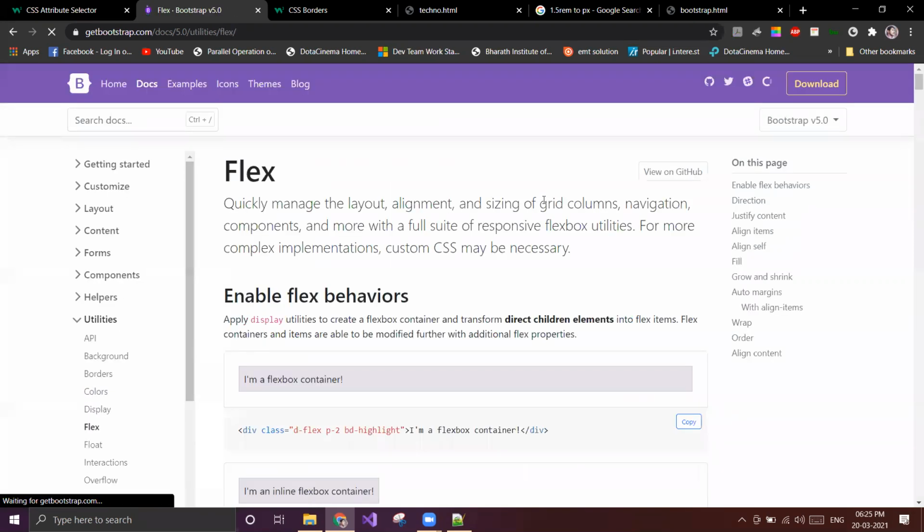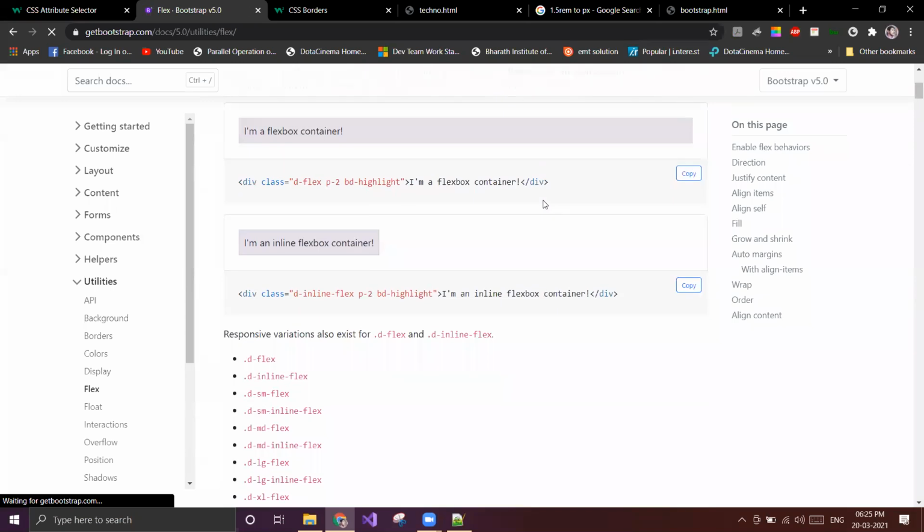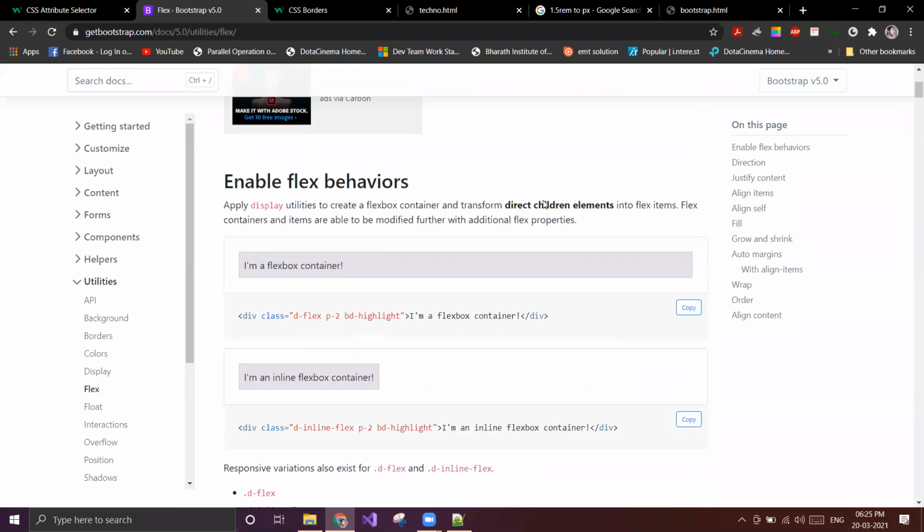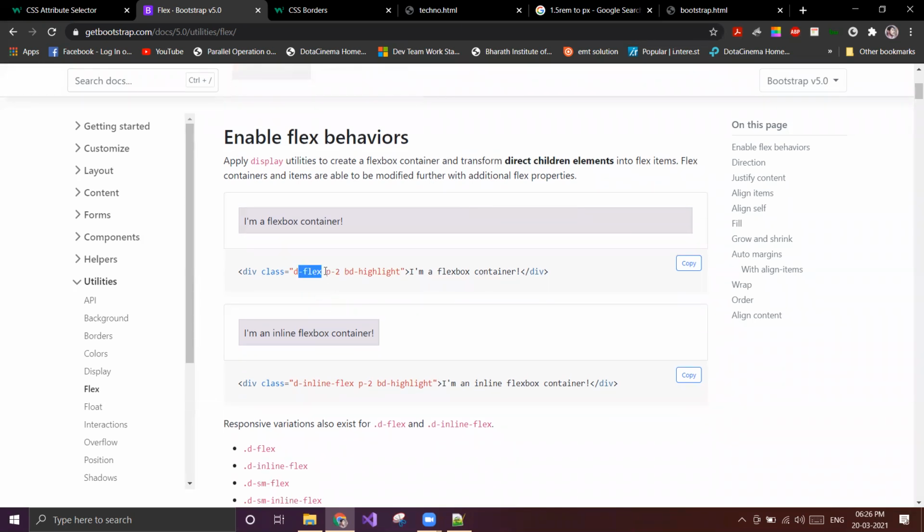Then the flex. I think I showed you this flex one day, but how to use it in Bootstrap? We know display flex and justify content center and align items, align content, but how to use it in Bootstrap? So what we do, we apply the display flex to the parent, and to the child we don't do anything, isn't it? To the parent we apply display flex, align items center, justify content, everything to the parent. Only one or two things we do to the child, but normally we don't do anything. So to the parent, I'll use d-flex, and all the children will become inline.